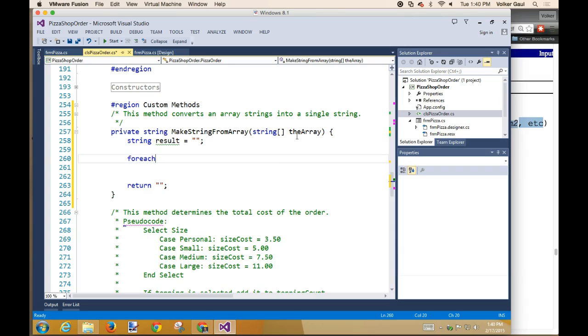For each, parentheses, item, because I don't know what the heck they are. They could be sodas, they could be customers, they could be bowling balls. I don't know what the heck they are. For each item, but I know it's a string, in the array. Let's use a technical term here. For each element in the array,